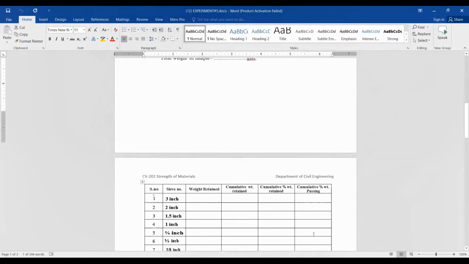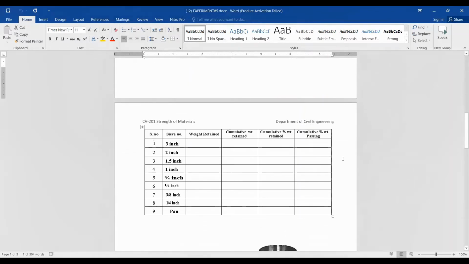Now this is the calculation table, or you can say observation table. The sieve sizes start from 3 inches to the pan: 3 inches, 2 inches, 1.5 inches, 1 inch, 3/4 inch, 1/2 inch, 3/8 inch, 1/4 inch, and then the pan. Then you have to take the weight retained, as the student was doing in the lab.